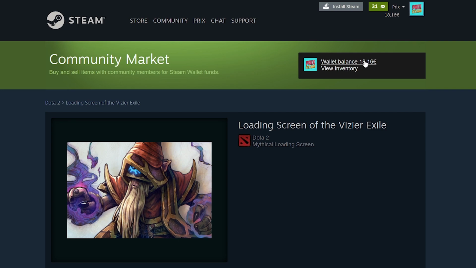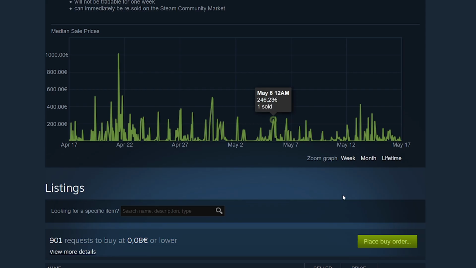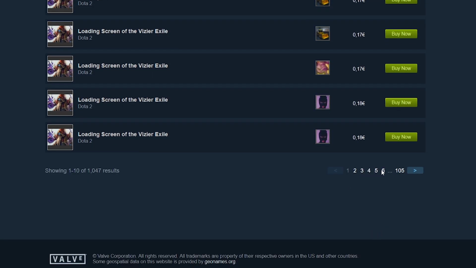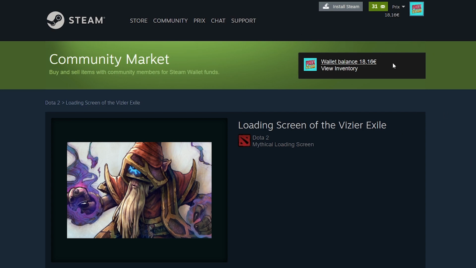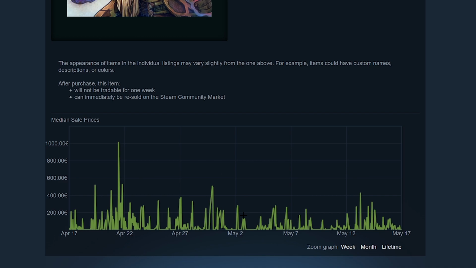See, right now I have 18 euros. I don't need to confirm anything on my phone if I want to buy this item for 18 euros from somebody, because I'm pretty sure somebody is selling it for 18 euros. If I was hacked, there would be no impediments for that hacker to buy this item from himself for 18 euros and that way transfer all my money to him. And the fact that this is happening so many times, multiple times per day, I think that is the only logical reason why this is going on.